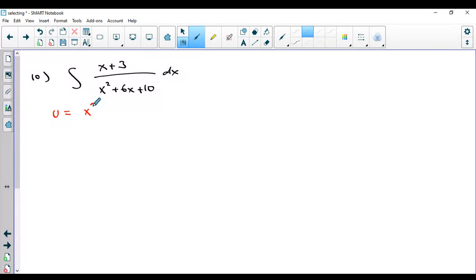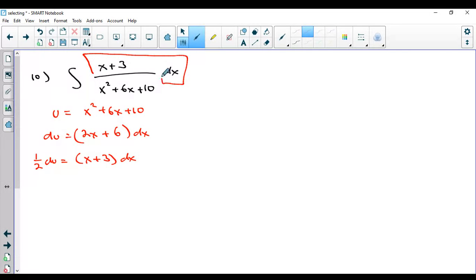So if I let u equal x squared plus 6x plus 10, du would be 2x plus 6 all of that dx. Now that looks a little weird, but if I multiply both sides by a half here, I'm going to get x plus 3 dx, and now you can see, oh no, that's not weird. That's this right here, right? A u sub in the prior problem would not have worked because this is what your du would have been,